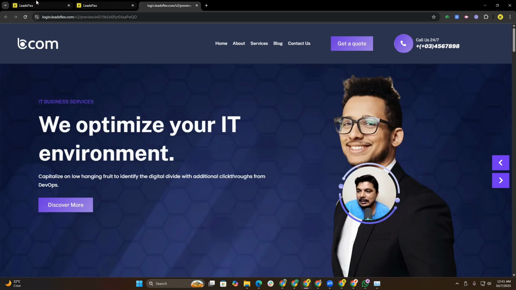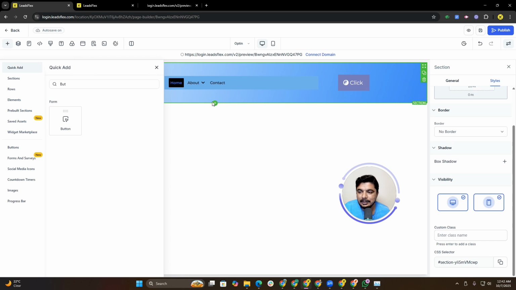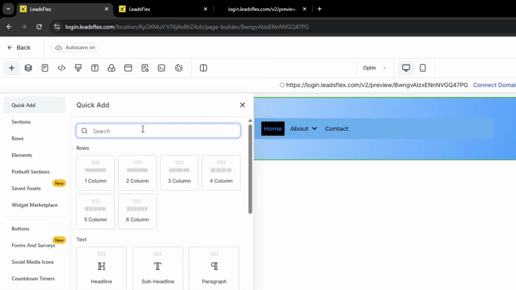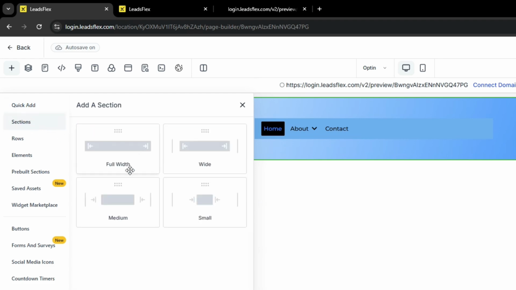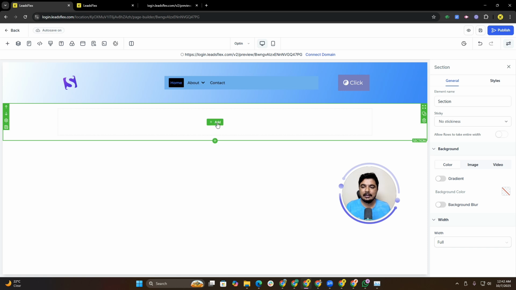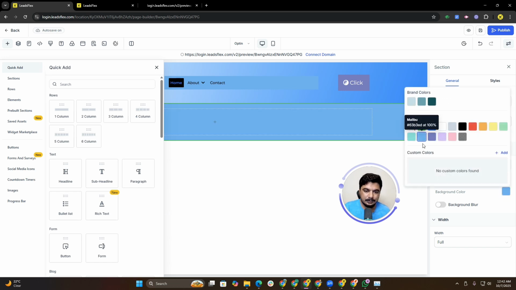So I just go here, and I will take the section here where it's a green button. I will say 1 column, 2 column, but first of all I just go to the section, and here we have a full width section. I will just drag this section, and in the section first of all we need to change the color of the section. Background color is this one,